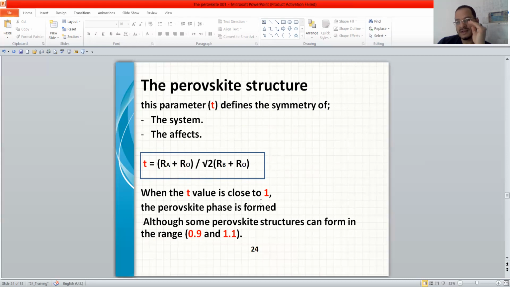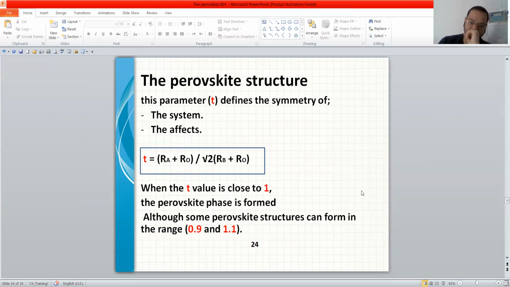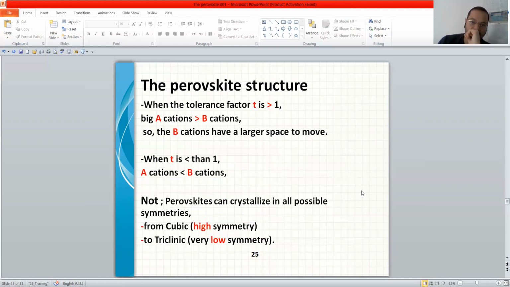the perovskite phase is formed, although some perovskite structures can form in the range from 0.9 until 1.1, no more than that. When the tolerance factor T is bigger than 1, reaching 1.1, not bigger than 1 by a huge difference,